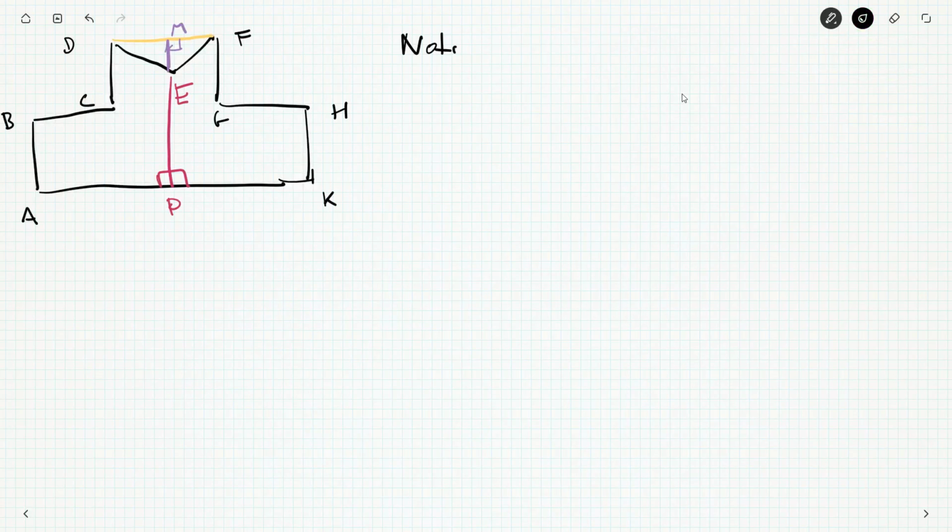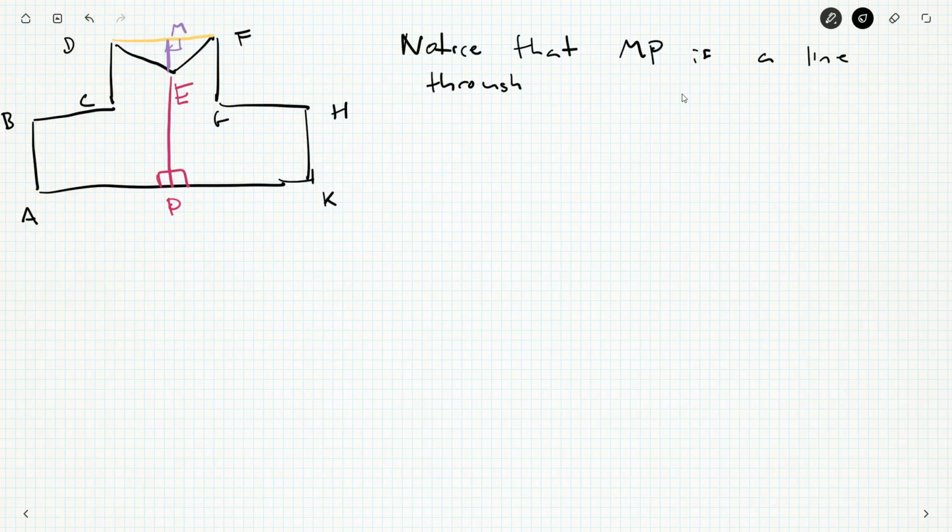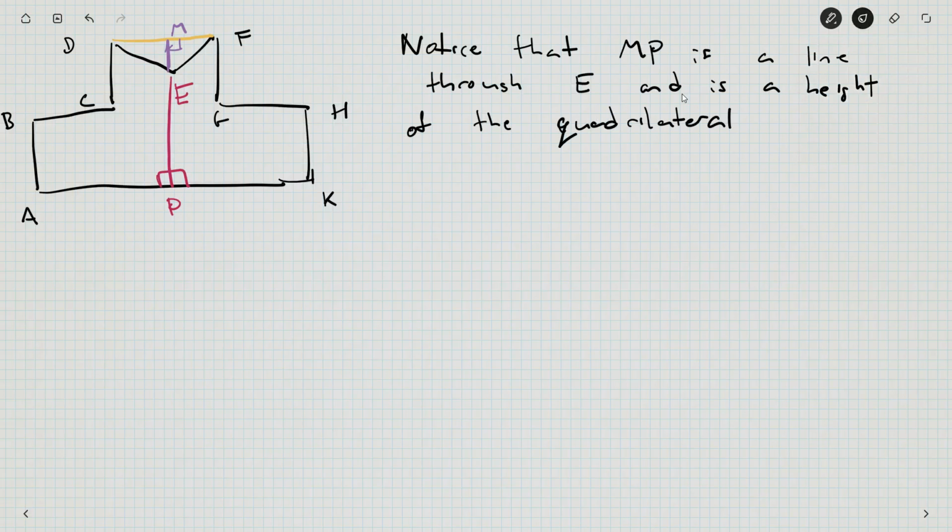So, notice that MP is a line through E. And notice that it's a height of the quadrilateral. There we go. Now we can calculate the height of this quadrilateral